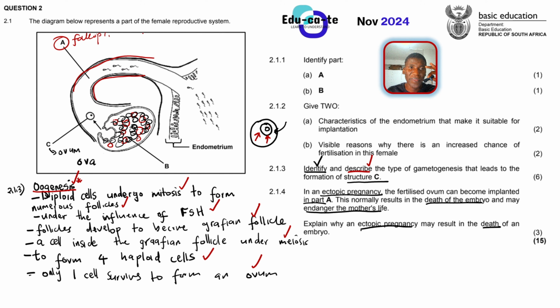So should the fertilized ovum implant in the fallopian tube? No, not at all. The fallopian tube is just for fertilization. The embryo, the blastocyst, I mean, must be able to move all the way and implant here at the endometrium. Remember, we've already told you the characteristics of the endometrium that make it the best place for implantation. We've said that the endometrium is thick, vascular, and glandular. It has many blood vessels to transport more oxygen and nutrients to the embryo, so that it develops to become a fetus and become a baby.